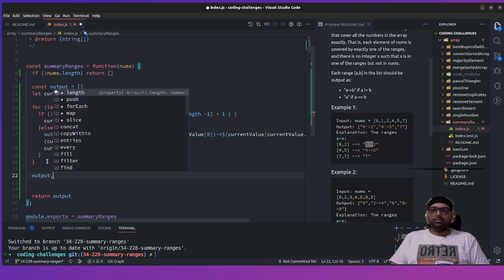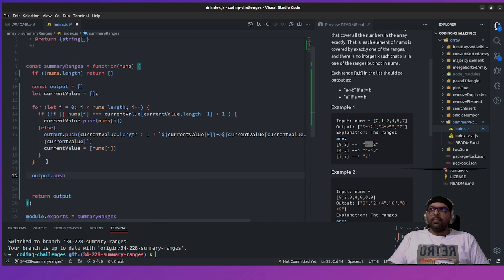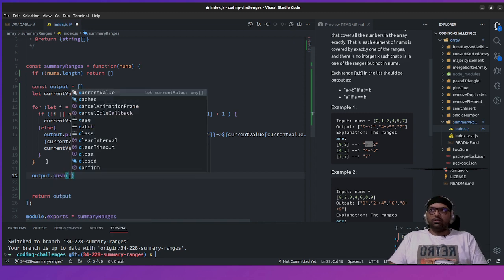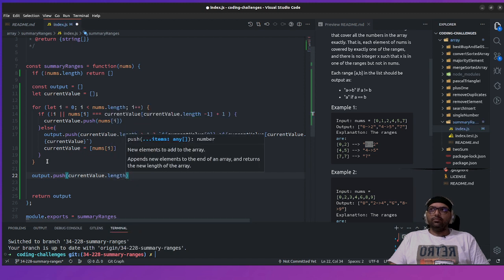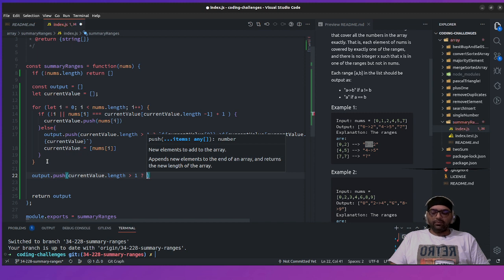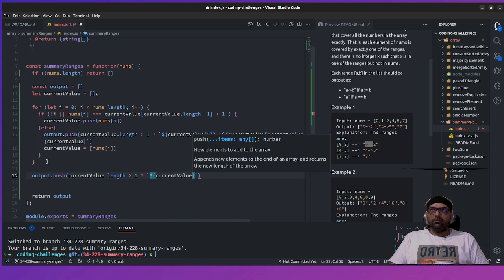Output dot push current length, current value dot length, and if it is greater than 1, then what would happen, it would do current, say dollar current value of 0,